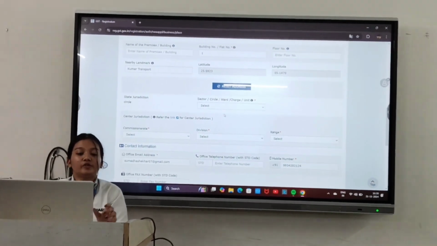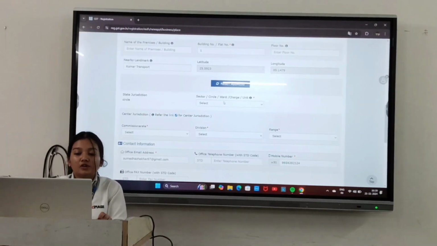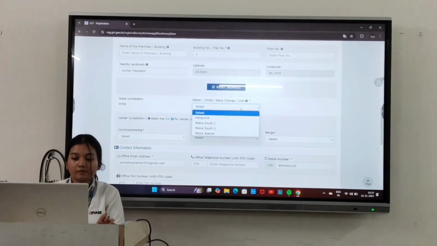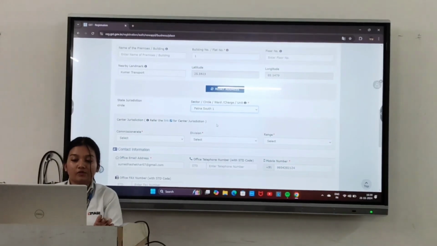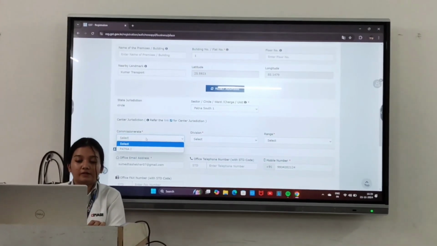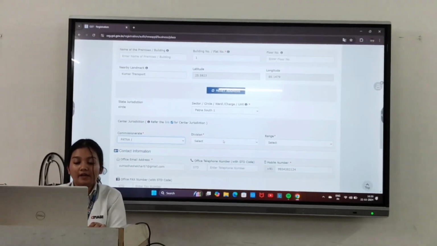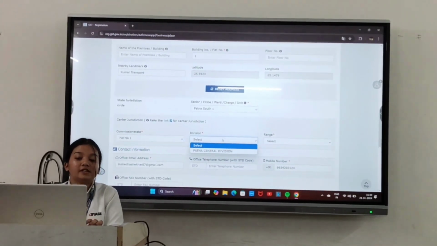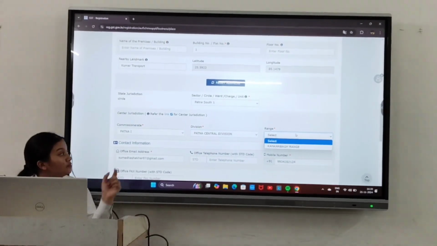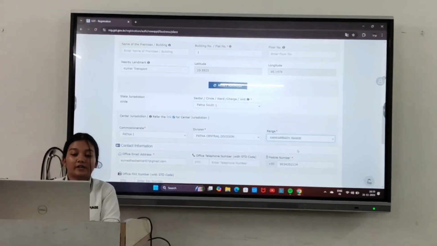Next, the state jurisdiction circle. So I will select the state, circle, ward, charge or unit. Here I will select Patna South 1 and then I have to select the commissionerate, Patna 1, and here I have to select the division, Patna Central Division. Now I have to select the range, Kankerbagh range.